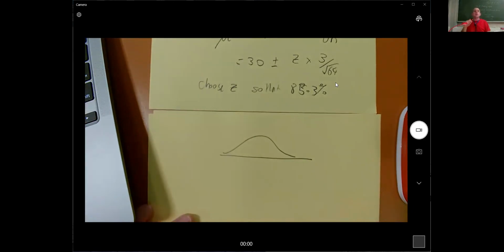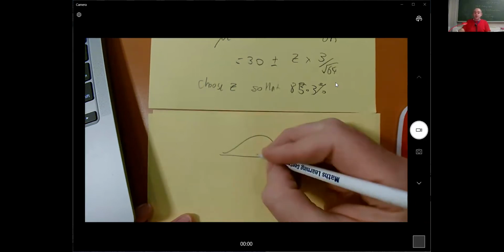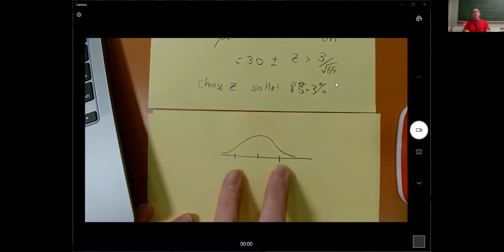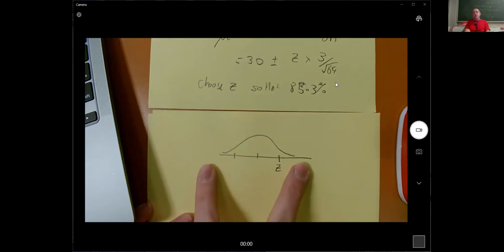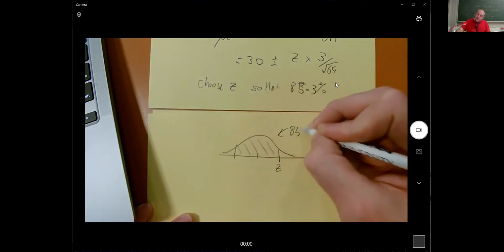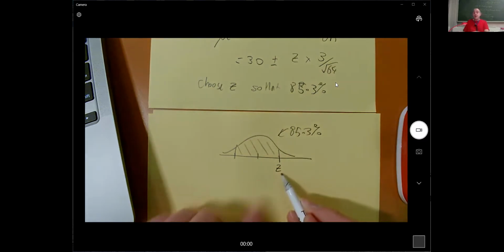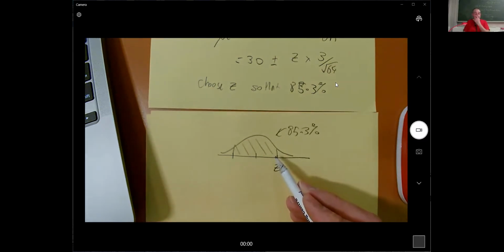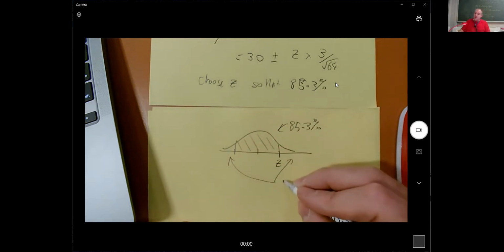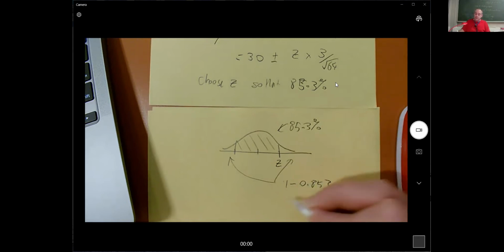So confidence goes with, right, confidence goes with the p-value. So this is my z. 95% confidence goes with a p-value of 5% on the outside. So I need this bit in here to be 85.3%. That's what I need for this z to make this 85.3%. Which means the bit on the outside, these two together must be 100% minus 85.3%. Which is, well,